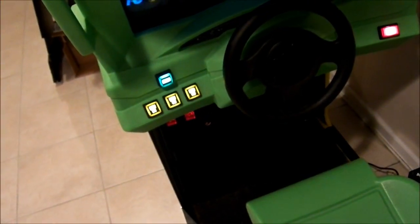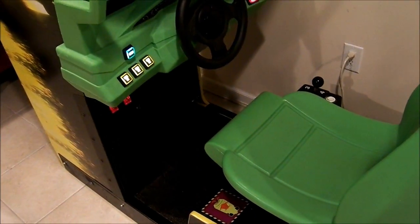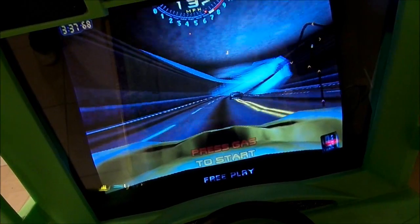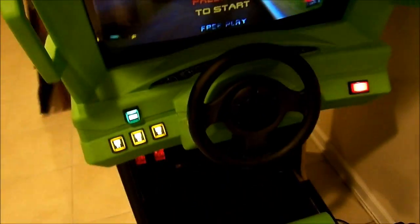All the shifter and everything's good. The pedals are good. The potentiometers might need to be replaced, not now, but in the near future, because they're a little finicky. But hey, it works great. The monitor, you see, looks awesome. Got it set up on free play right now. Yeah, and I went ahead